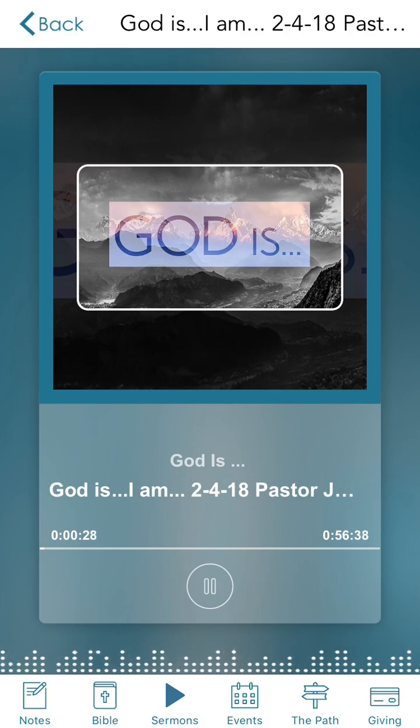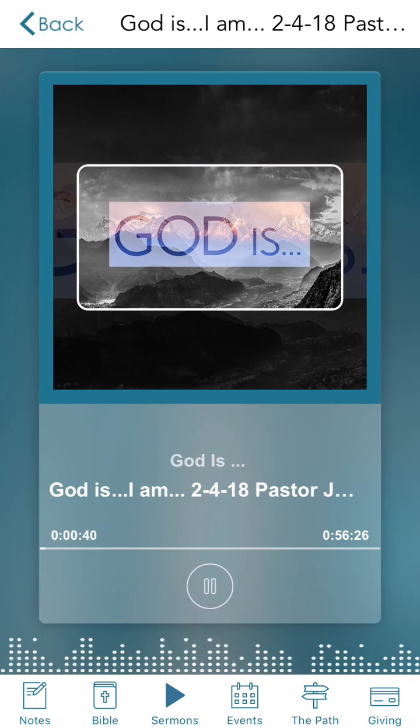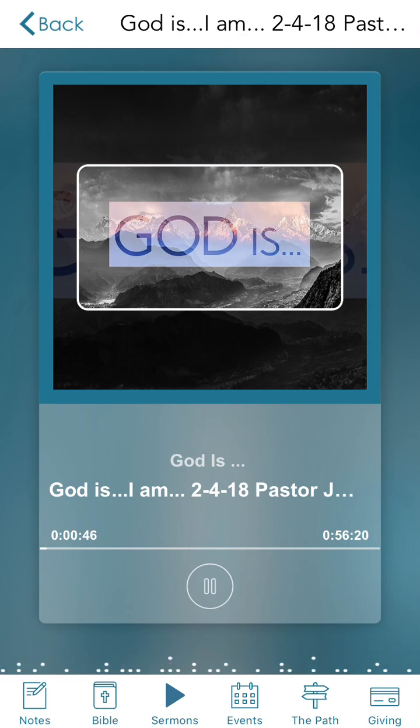So let's go ahead and go to the notes section, which we started at. You can see the equalizer is actually following us through the app to indicate audio is playing right now. What I can do is I can touch that equalizer, which I'll do right now. It takes me right back to the audio that's playing. So it's an easy way to, one, see that there's audio playing, and two, to be taken back to the